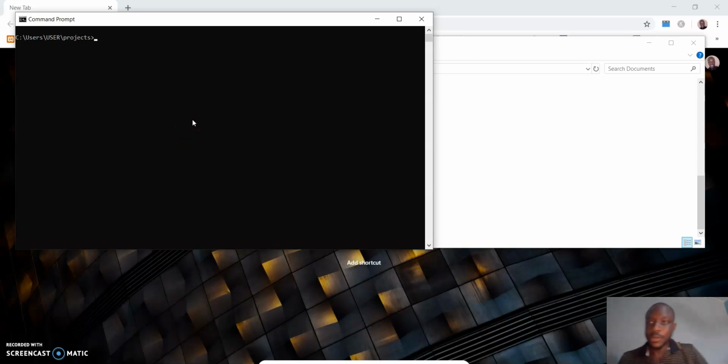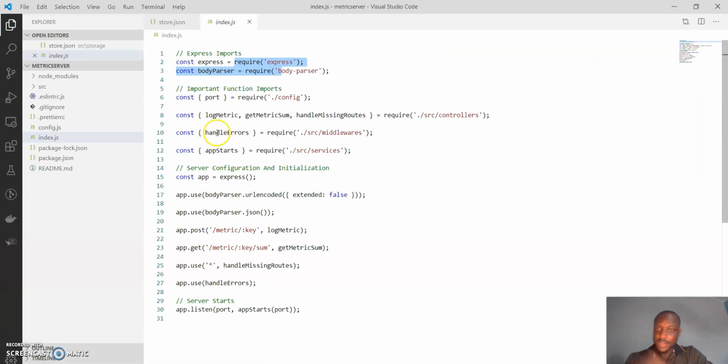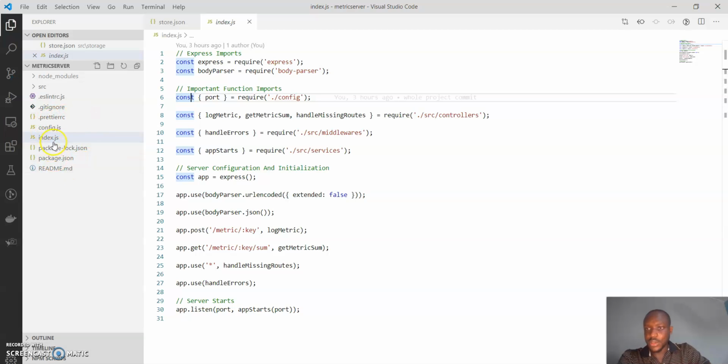So here's an explanation of how I worked on the metric server. Here is a walkthrough of the code. It's meant to be lightweight, so for that reason, I tried not doing some things just to make sure that it is as lightweight as